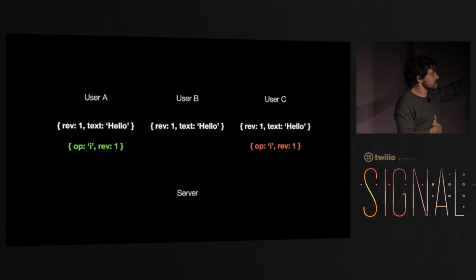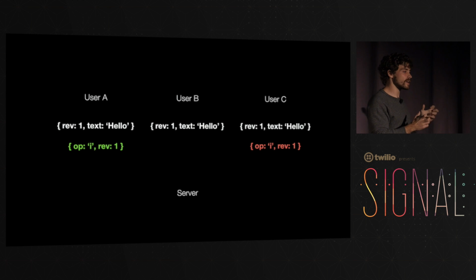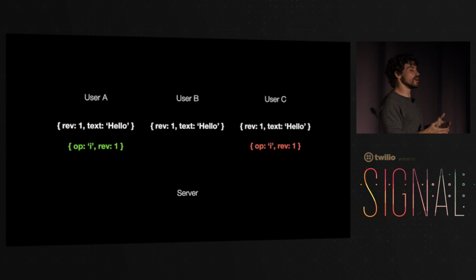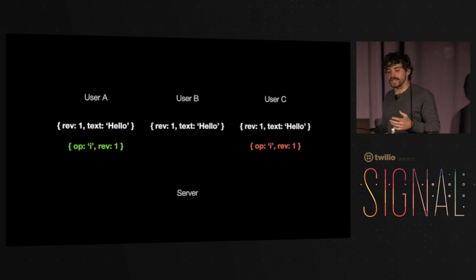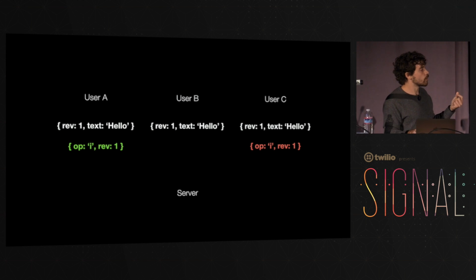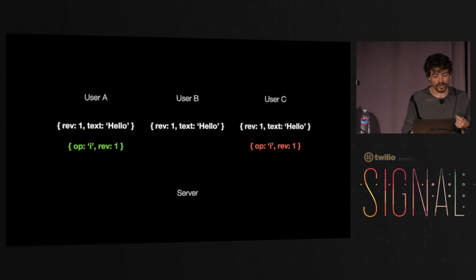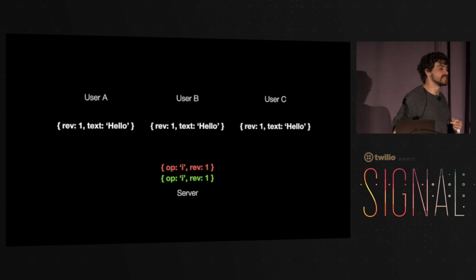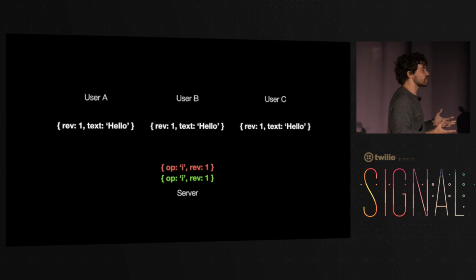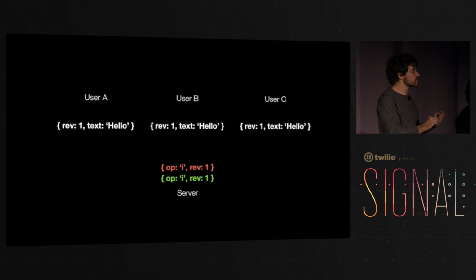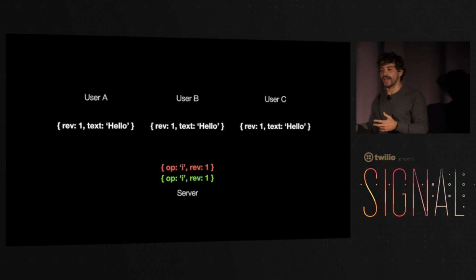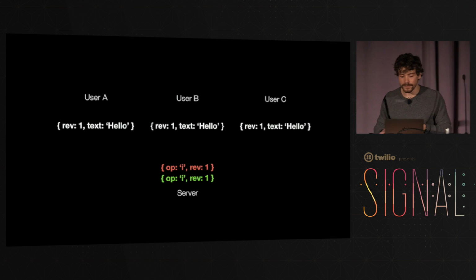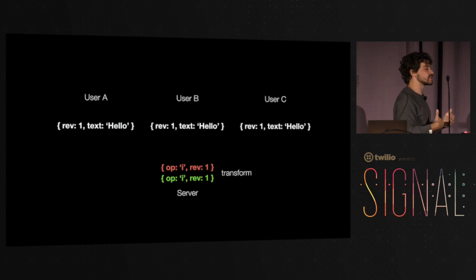When those operations are sent to the server, we can attach that clock that says, okay, this is my message, but also attaching the information of what's the state of my world when I'm creating this operation. So both would send their insert operations, but also would attach what version of the data set they're looking at. By the time the server receives them, it now becomes trivial for the server to say, okay, those two operations actually happened simultaneously, for they have matching revision numbers. And what the server can do now is apply a transformation function,